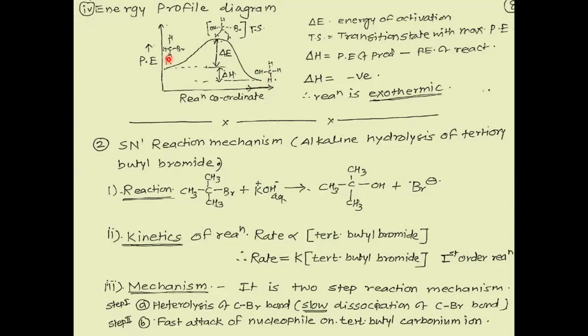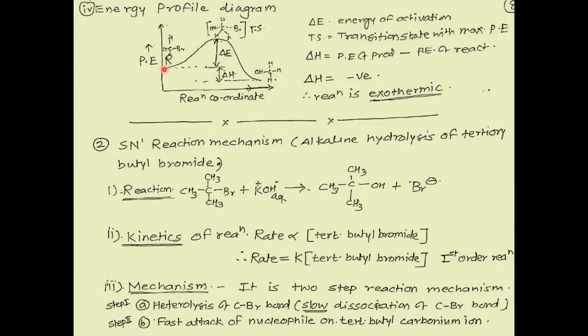And this is one of the reasons why chemical reactions take place: to get stability. It means the C-OH bond is more stable than the C-Br bond, and hence the product molecule, methyl alcohol, is more stable. The more the stability, the less the energy. In this way, this complete change can be explained.